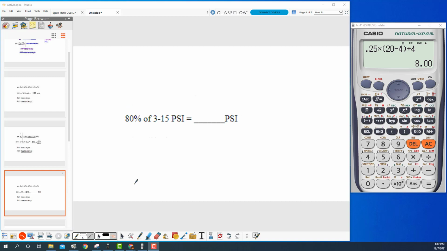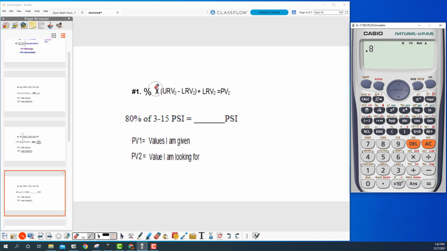80% of 3 to 15 psi. Since I'm given a percentage, I can use formula number 1. And this time, if you notice, we're looking for psi instead of milliamps. So we've got to watch that. We don't want to put the wrong values into our calculator. So it's 80%, that would be 0.8, refer to our formula, times, we're going to open parentheses. My upper range value now is going to be 15, because we're doing psi, minus my lower range value of 3,